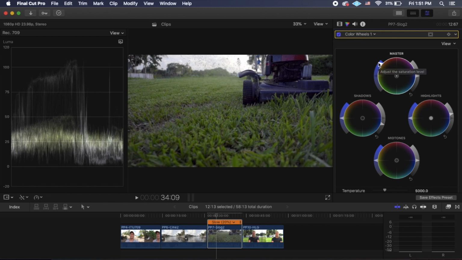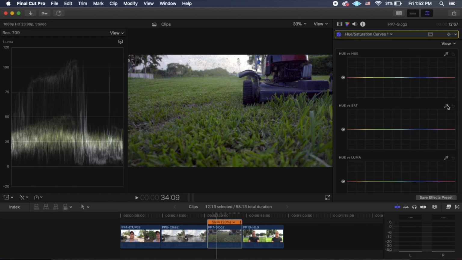So one thing that I noticed when I am pushing up my saturation in SLog 2 is a lot of the blacks turn purple. So the way that you take care of that is you come over to your color wheels, go down to where it says hue saturation curves. Go ahead and click on this little eyedropper where it says hue versus sat. I click on that, then I bring it over to the video and I'll just click it over a black